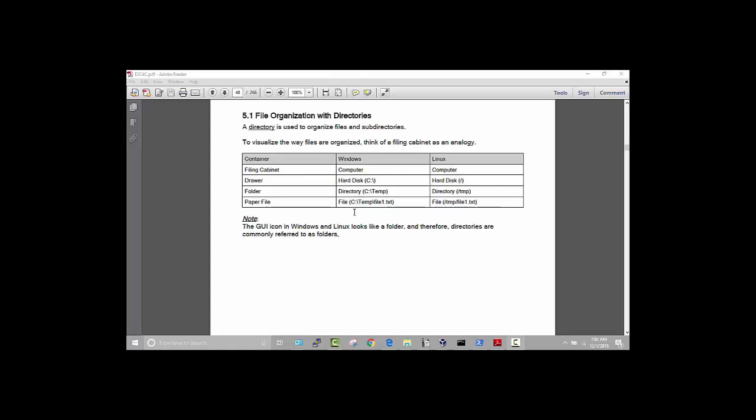Now on Windows, the drawer is like your C drive, or your C drive is like a drawer. So you start with the C drive, then you go down to your directory or subdirectory, and there could be several subdirectories here, and the last component is your file. Same thing on Linux, your top level directory or drawer would be the /. And then you start with listing out the directories or your folders, and then the last component would be your